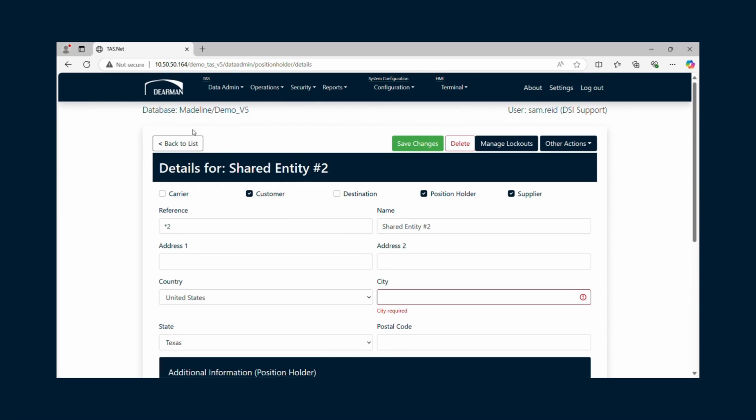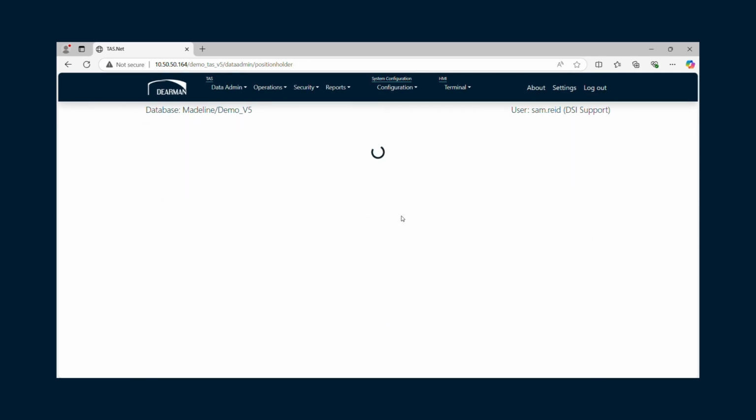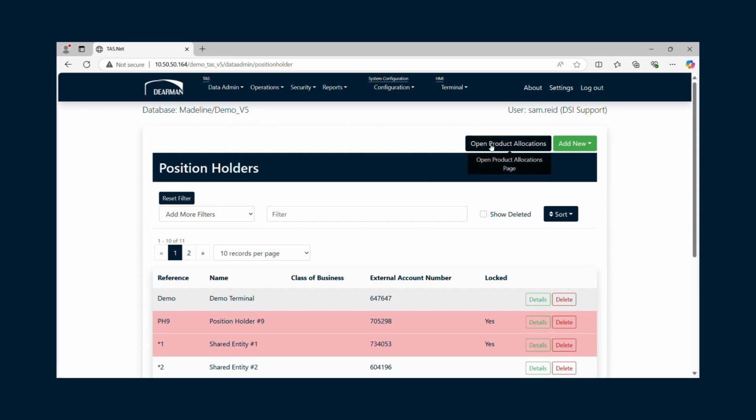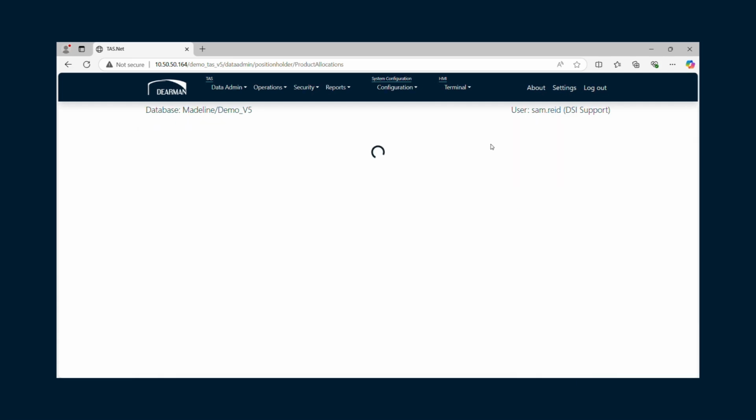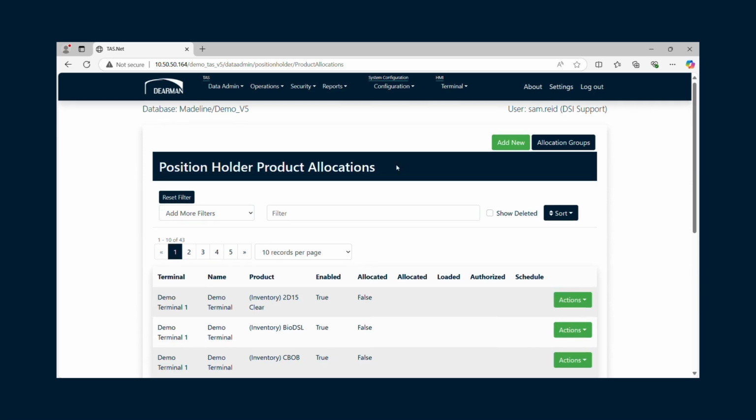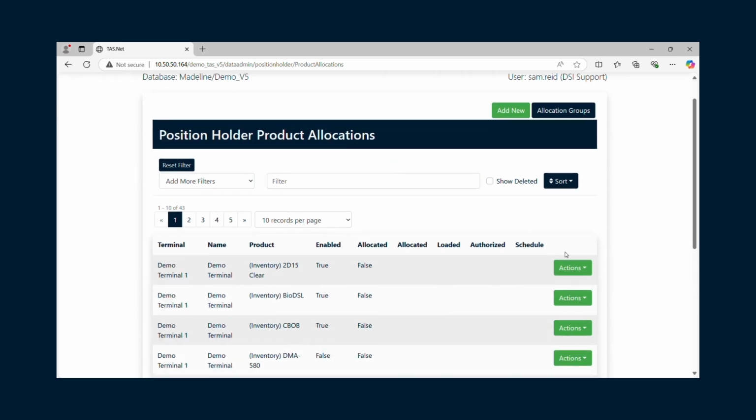So now we will go back to the overall list and we will check out the product allocations page here, which is a critical function of the system. And of course we can add new, but in this case we will go and we will add new here,